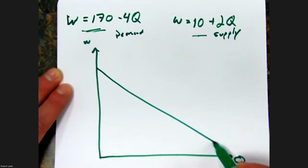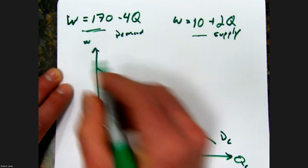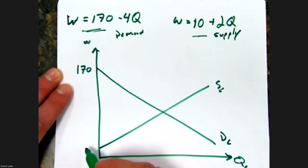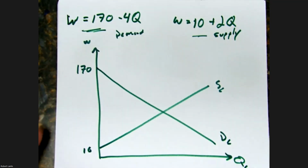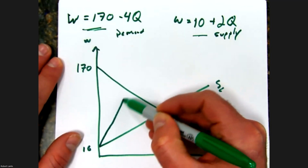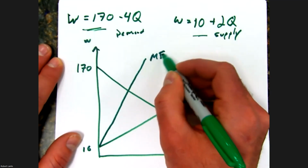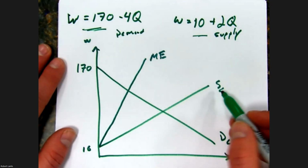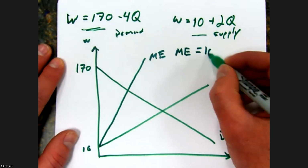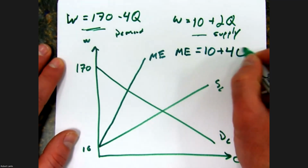So my demand curve I know is going to start out at 170. I know my supply curve starts out at 10, right? Now, if I have monopsony power, it works a little bit differently. When we have monopoly power in the market, we have a marginal revenue curve that's twice as steep. When you have monopsony power, you're the only purchaser, so we end up with a marginal expenditure curve that's twice as steep as supply. So if I wanted to know my marginal expenditure here, this would start at the same place, but be twice